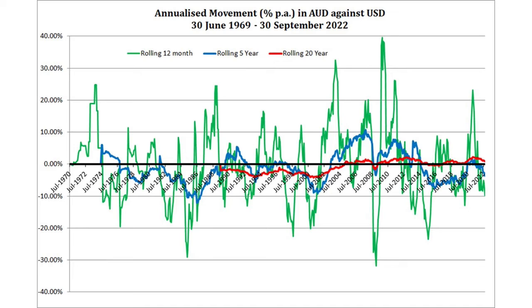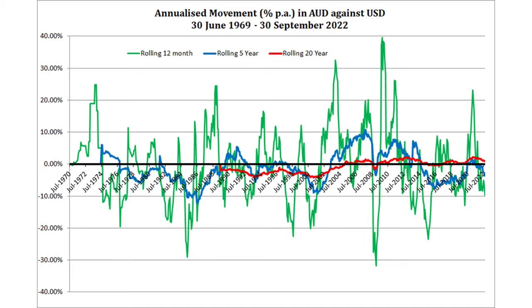It shows that over 12 monthly periods, the green line, exchange rate movements are extremely volatile, varying between plus 40% and minus 30% for the period shown. Such swings can completely swamp local currency returns on international share investments. For 5-year periods, the blue line, exchange rate volatility reduces considerably, but it can still massively affect the currency adjusted